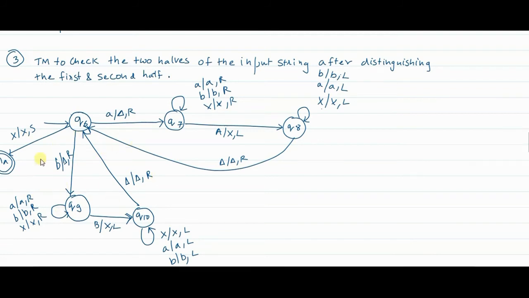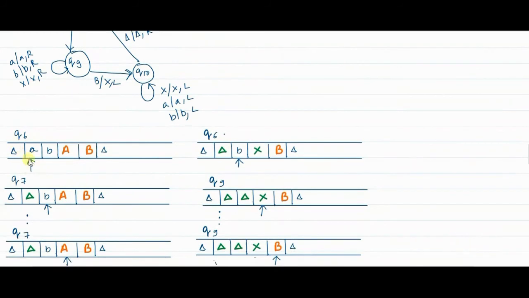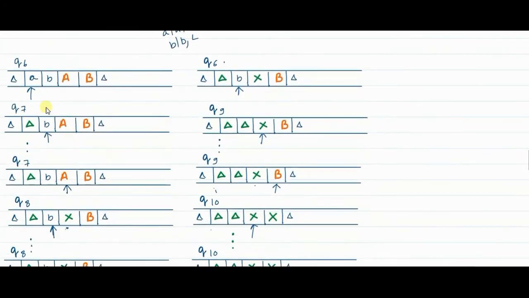In the third Turing machine, it is up to you. Here we are erasing it, you may keep it also. The machine could be slightly different, but this is better. So in the Q6 state, when A is encountered, we have replaced it with delta, the pointer moves to the right, and we have moved to the Q7 state.